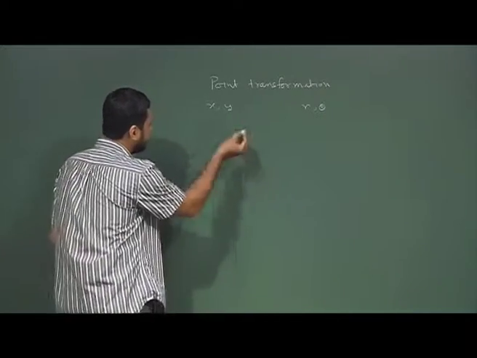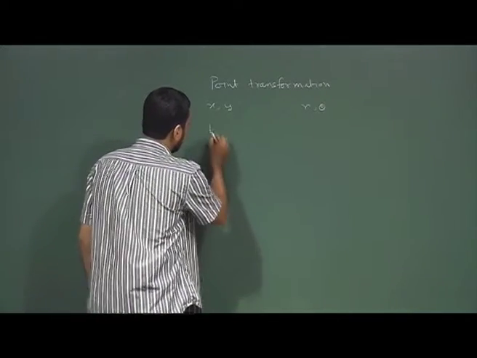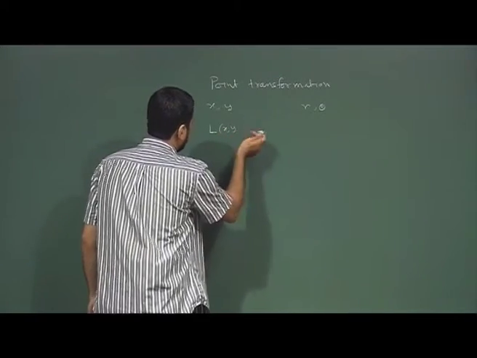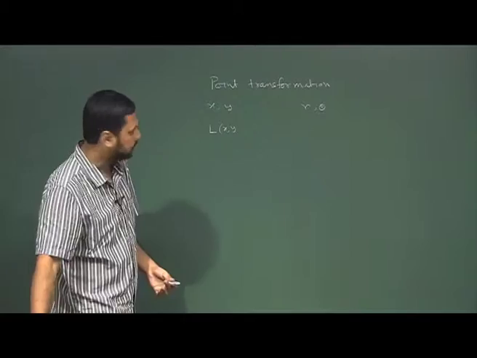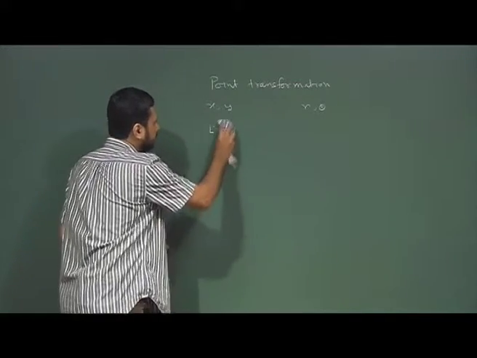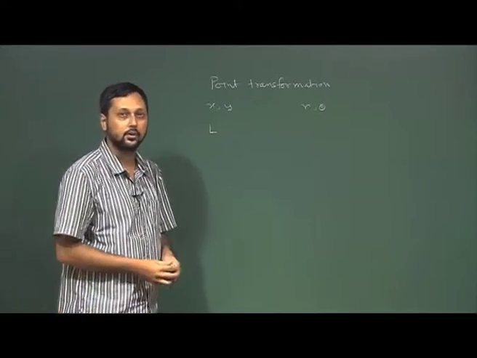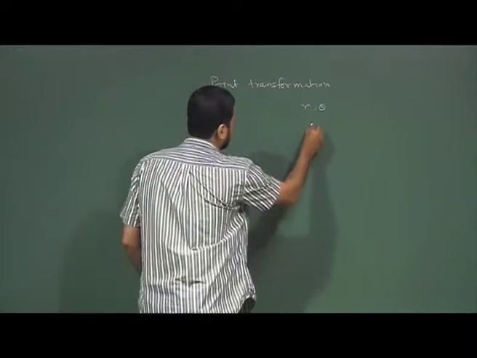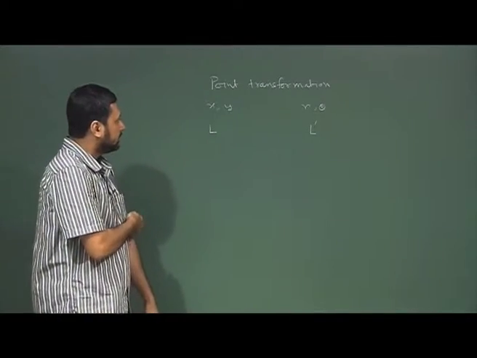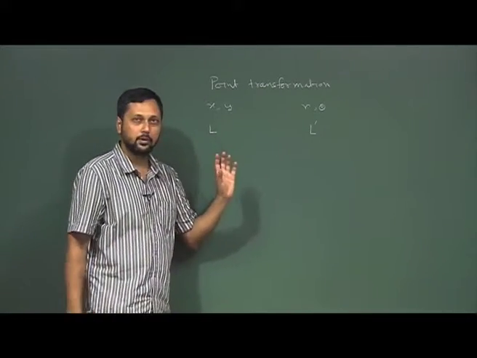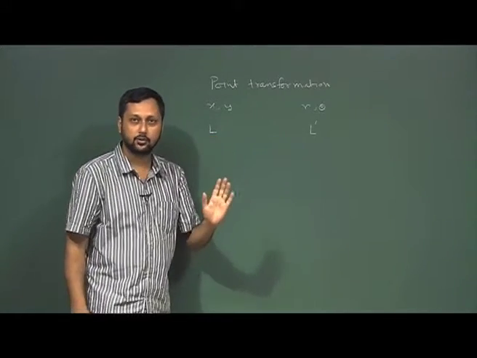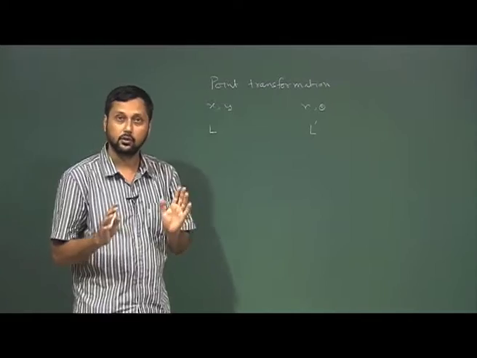So, we have one set of differential equations for this. Similarly the Lagrangian, let me just call it L, which will be a function of x, y, x dot, y dot and time, and here let us call the Lagrangian L prime. So, what we discuss here is that the choice of generalized coordinates is not unique.